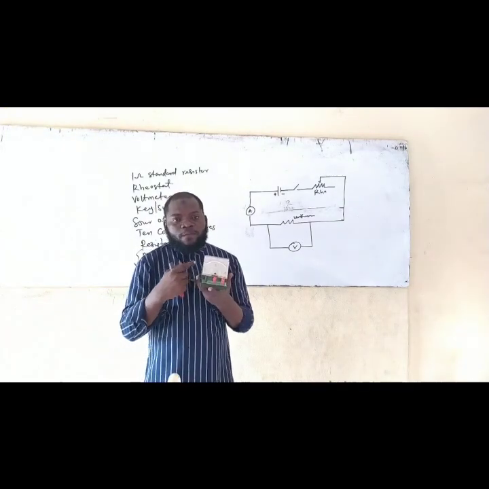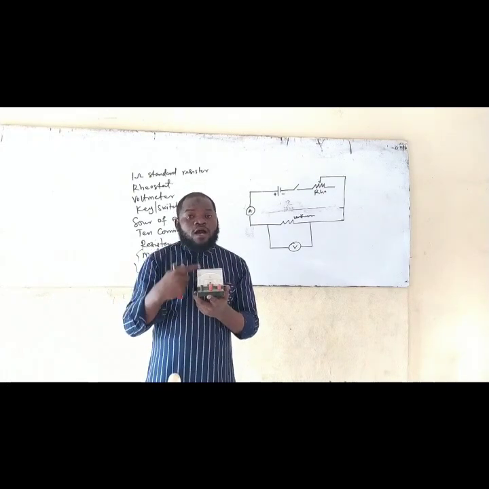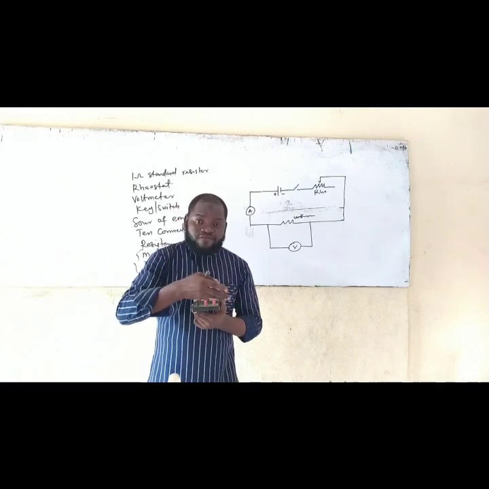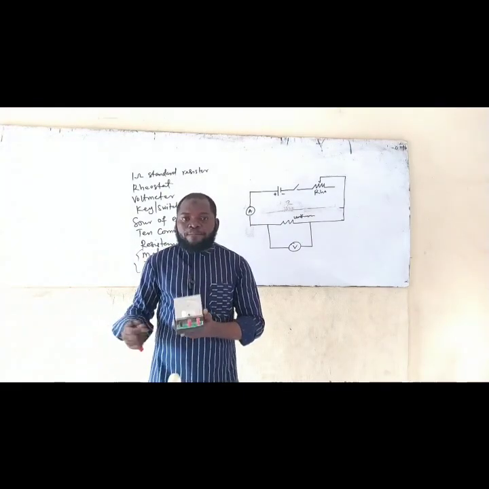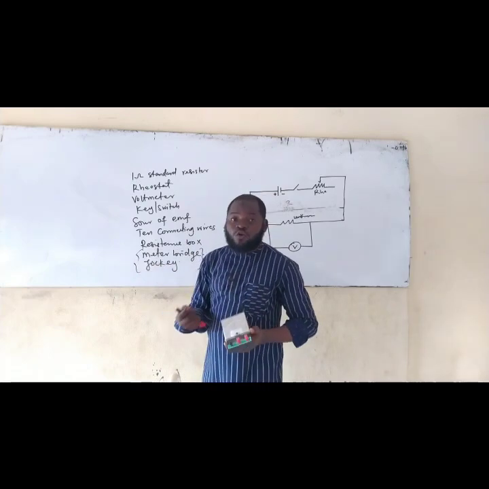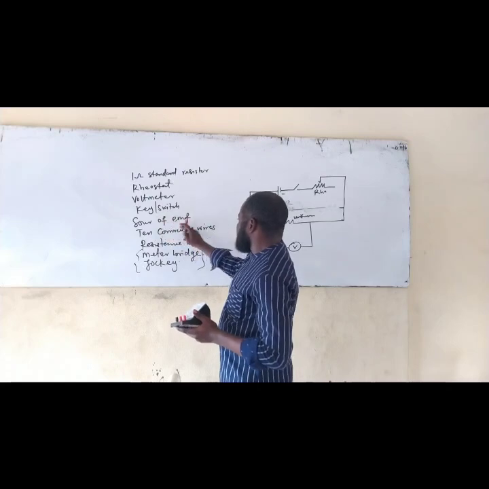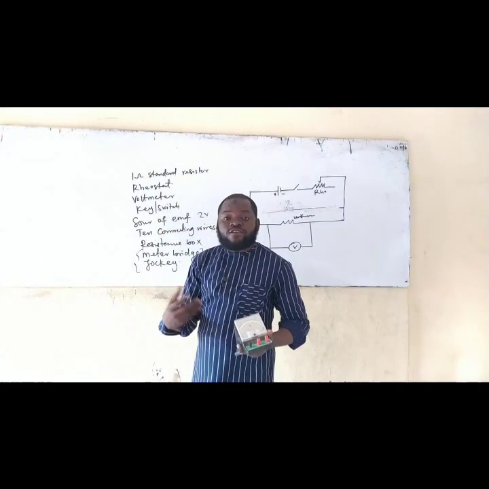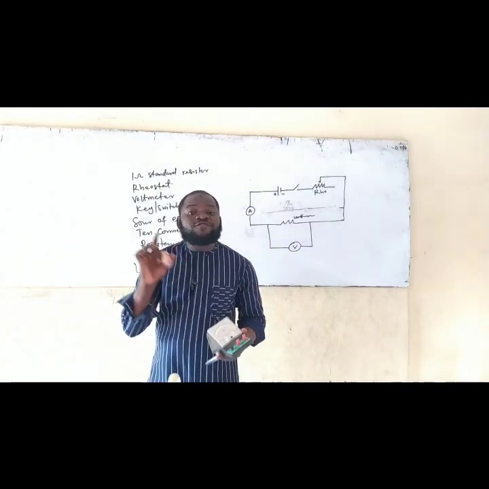Now let me explain something to you about this ammeter. This ammeter is capable of reading up to 5 ampere and also 3 ampere. There are some ammeter that they can only read 5 ampere, while some they can only read what? 3 ampere. So for this particular experiment now, we are going to have a very low current. Why? Because the expected source of EMF, they said it should be what? 2 volts. And even if they don't tell us that it's going to be 2 volts, our battery, that is the Tiger battery, is 1.5 volts.